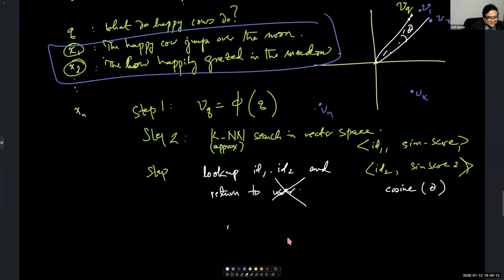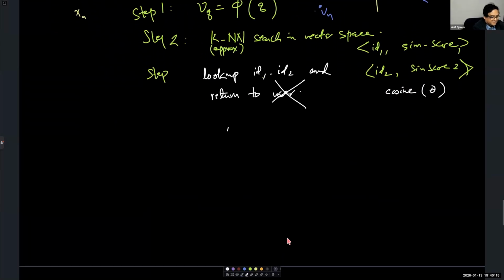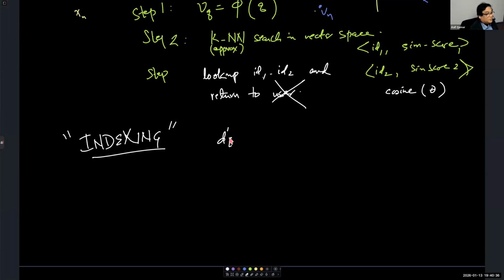So let us write down this journey and then walk through the code. Given a user, there are 2 things. First, you have to build the index, build your vector database. So let us look at the indexing part. In the industry, we call it indexing. This is what you do when you have the luxury of time. Documents keep pouring in. What will you do with each of the documents? Remember, our notion of documents is that it could be anything. It always reminds me of Humpty Dumpty in Alice in Wonderland. When Alice asks, "What do you mean?" Humpty Dumpty says, "A word means exactly what I want it to mean."